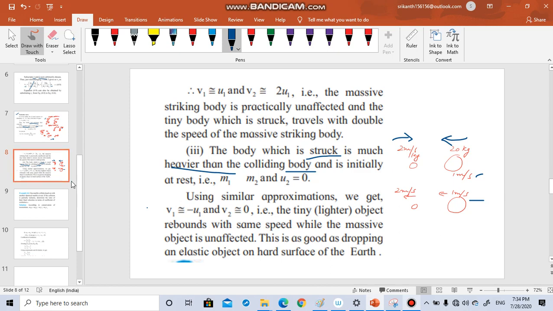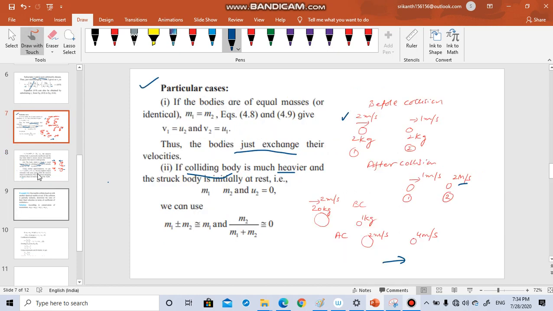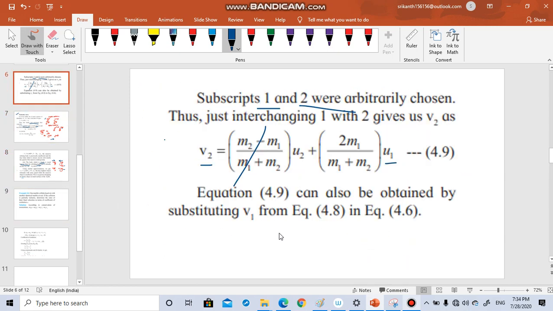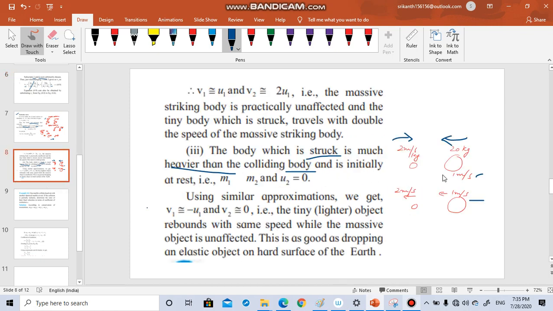If the first body was the big mass, there also the same equation you can use. Let us say the first body is a very big mass, then you cannot ignore. In this case, m1 will remain m1 only, and m1 plus m2 also will remain m1 only. In that situation, v2 becomes u1. The speeds are interchanged, I told you. The final speed of the second body will be the initial speed of the first body. This case I discussed in the first case.